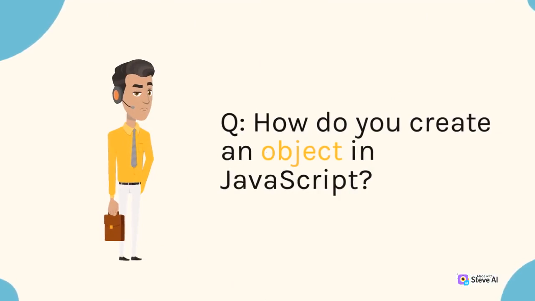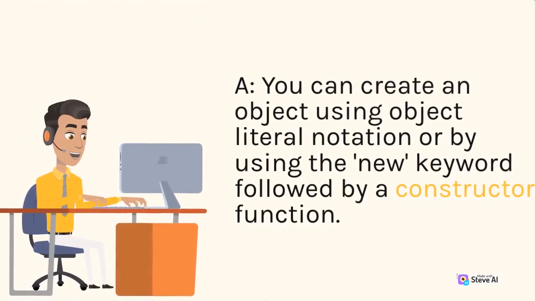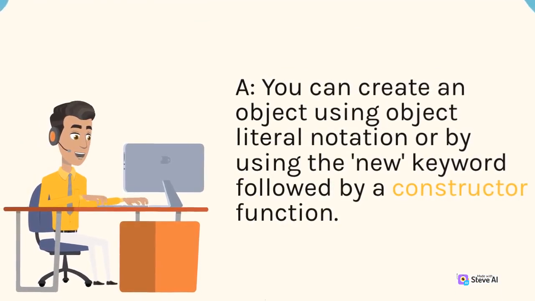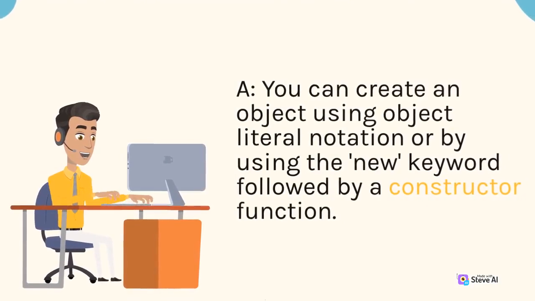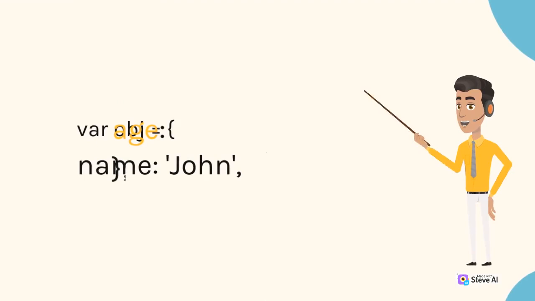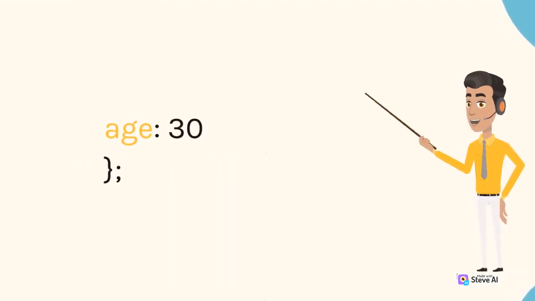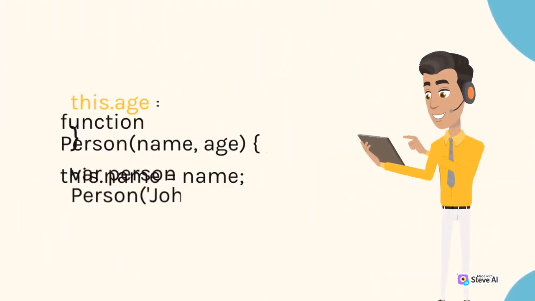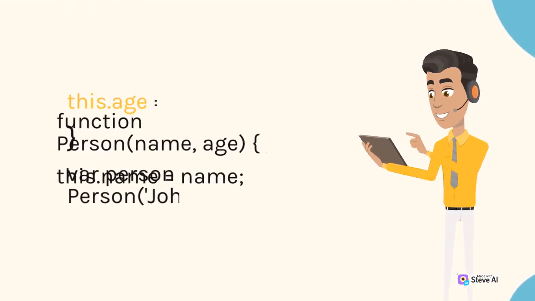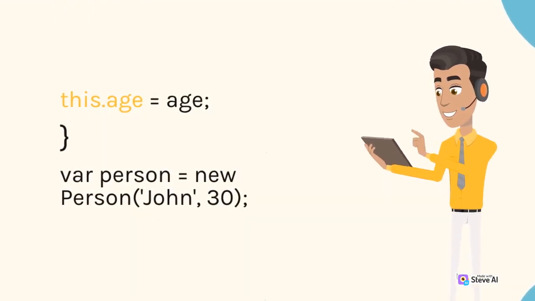Q. How do you create an object in JavaScript? A. You can create an object using object literal notation or by using the new keyword followed by a constructor function. var obj = {name: "John", age: 30}; function Person(name, age) { this.name = name; this.age = age; } var person = new Person("John", 30);